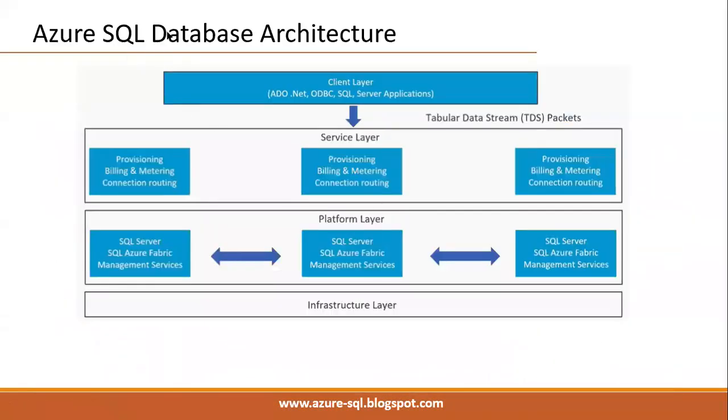Okay, next, Azure SQL database architecture is important for us here. Internally, what are the major architecture elements for the SQL database service? The first one is the client layer, that is common. It means whatever applications or users are connected, they connect through the client layer or protocol layer. As part of this layer, all the protocols are available to connect through different applications.